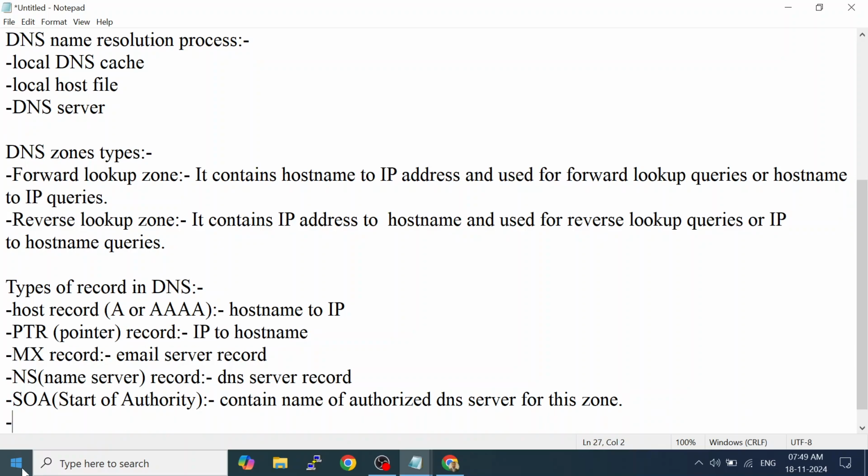One more type of record is called CNAME or alias.